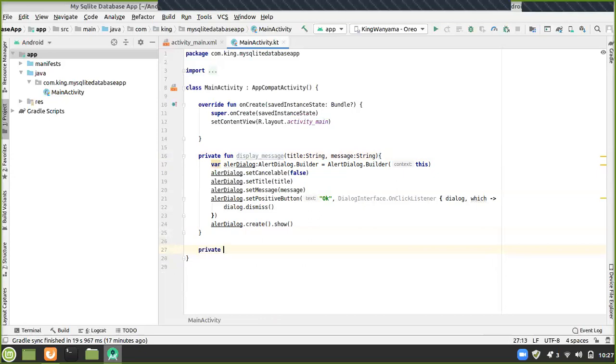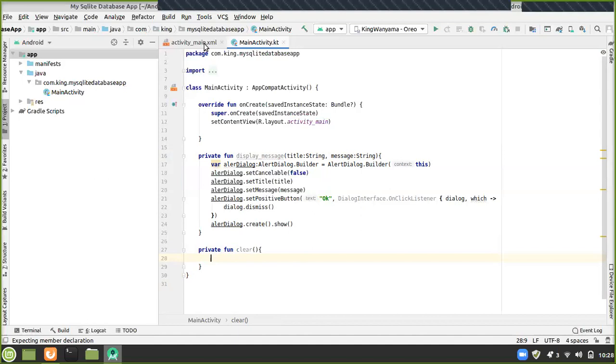I hope you guys are not wondering why I'm doing it here, because the display function starts here and ends here. So the next one needs to go outside it. No wonder I'm starting to do it there. Yeah. So private function, maybe we can even just call it clear function. So whatever the clear function is going to do, it's simply going to say what are our edit